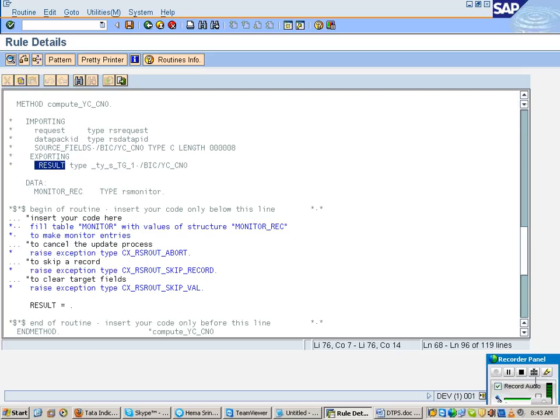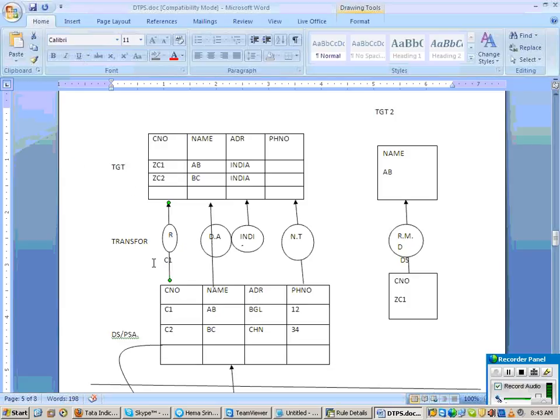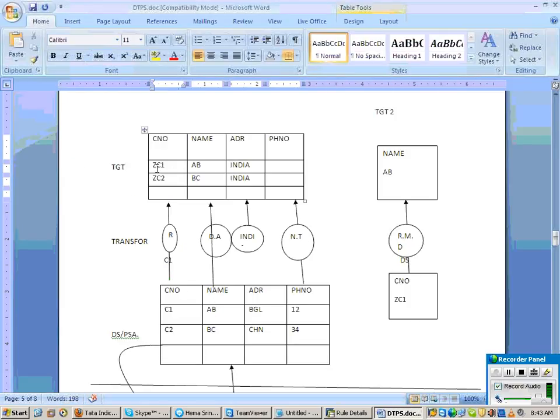To the result. How is the target represented here? Result. And if you come down, what is there here? Result equal to, what is there? Blank. Blank means it is importing C1 and it is exporting it as well.